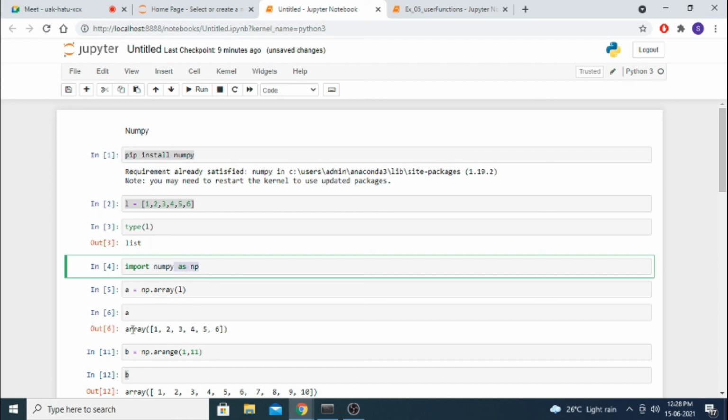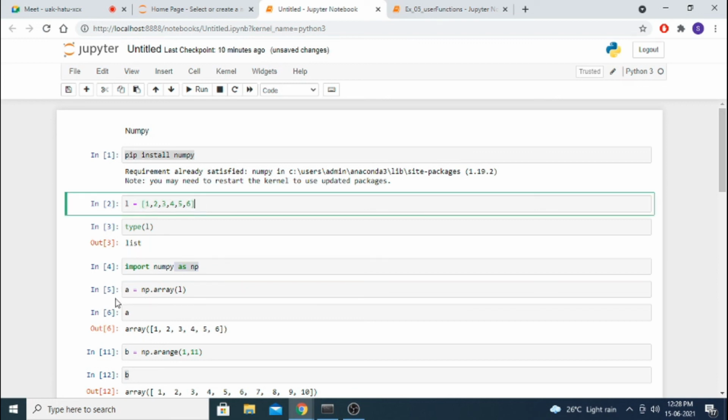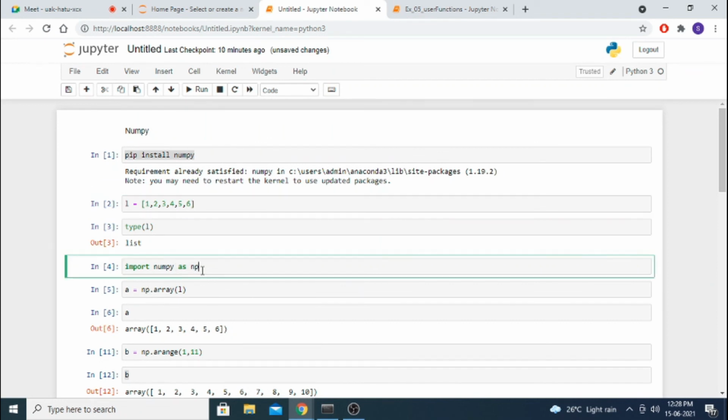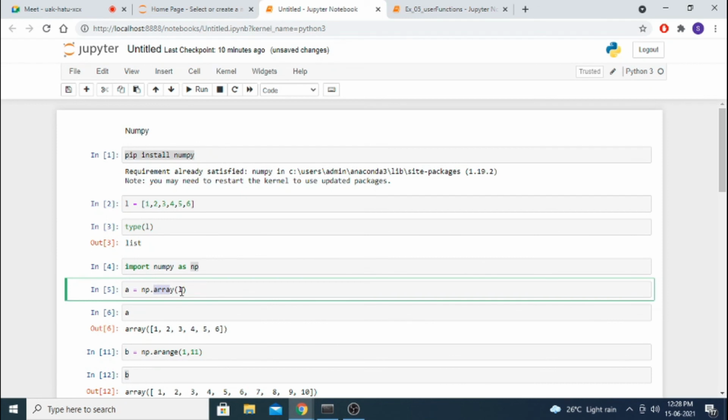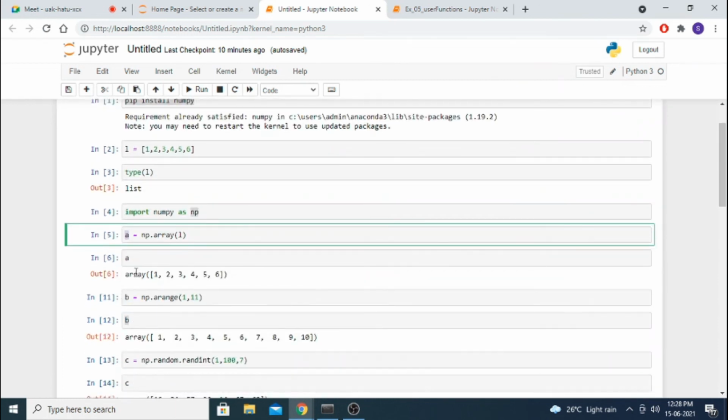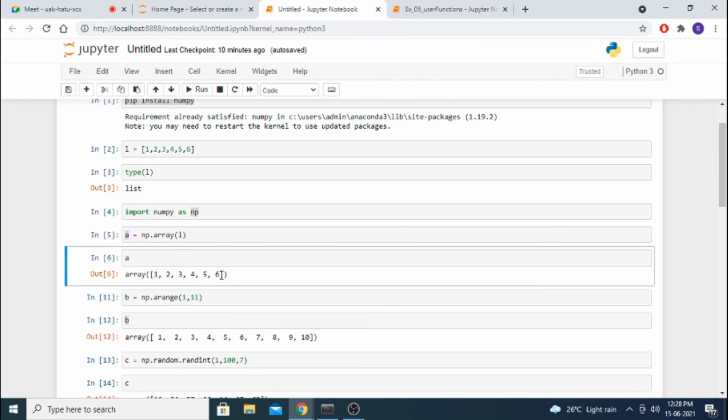You can use it, or else everywhere you have to give numpy in full. Now, to convert this list into an array, we use np, that alias name, dot array, which is a function. We pass a list, and this list will be converted into an array and stored in a variable. You can give the variable name, so that it becomes an array. In the array, we have 1 square bracket, so it is a single dimensional array.